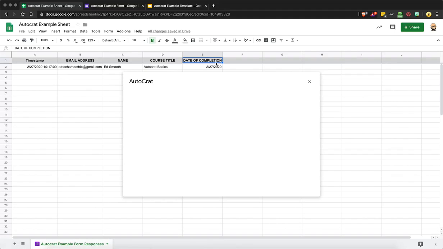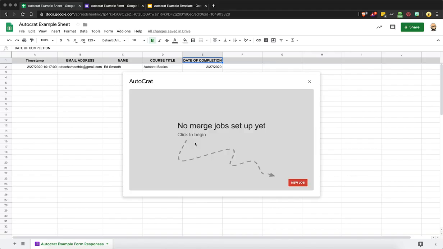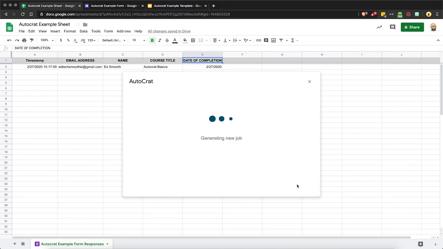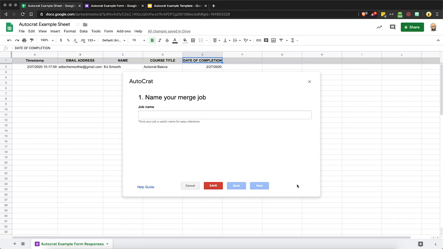It'll take just a minute to spin up. All right, this is what it should look like. It says no merge jobs set up yet. So a nice little path pointing right down here to new job. So I'm going to create a new job. This is a new merge on this sheet. We're going to give it an example name. I'm going to call this certificate merge